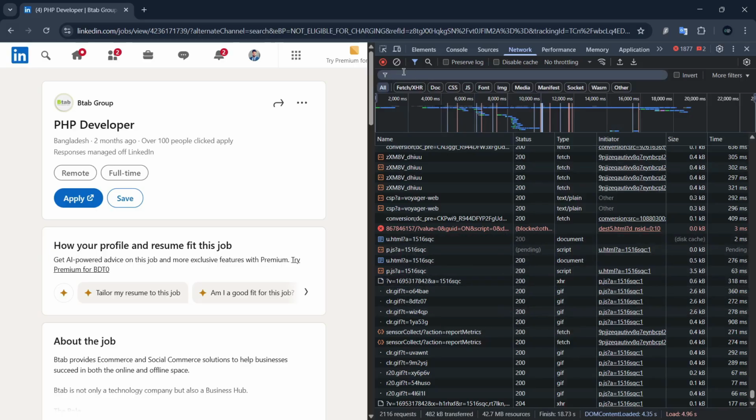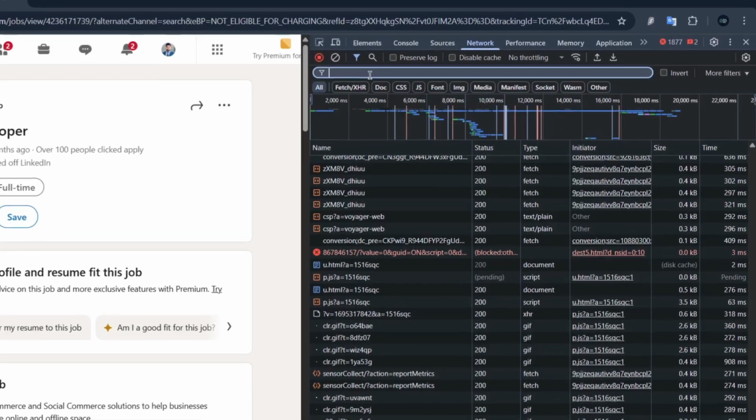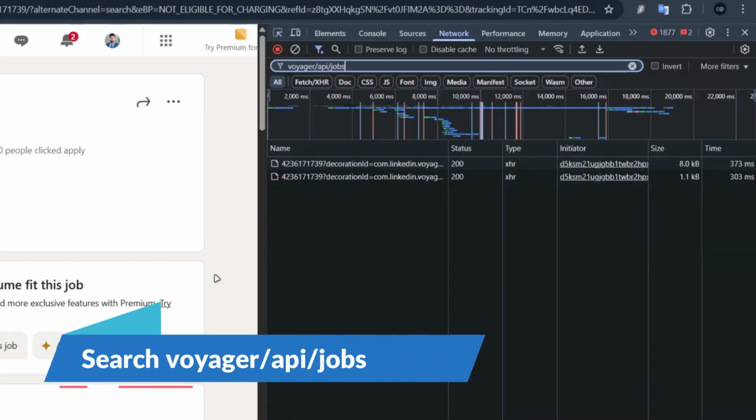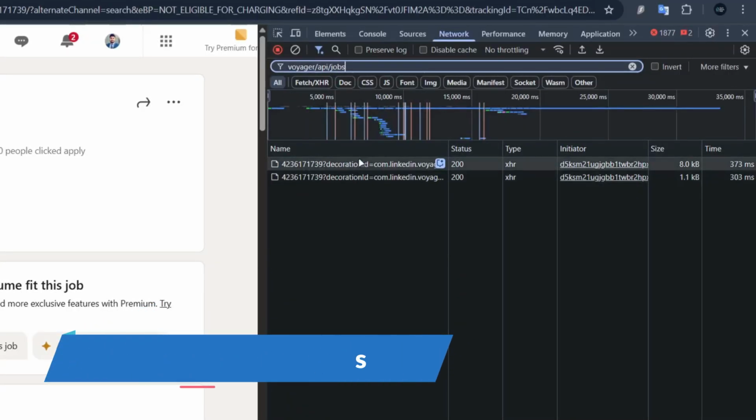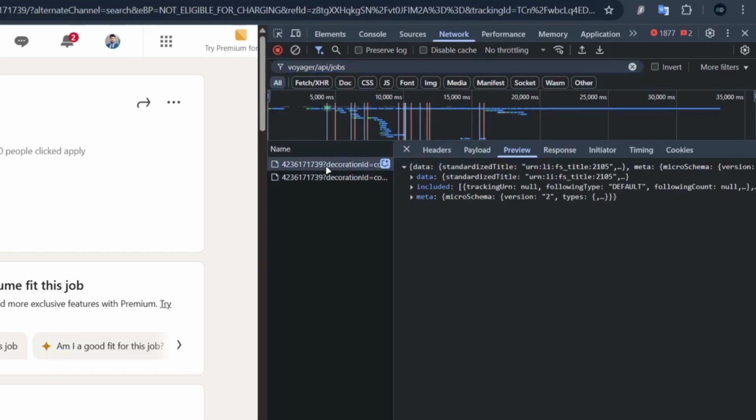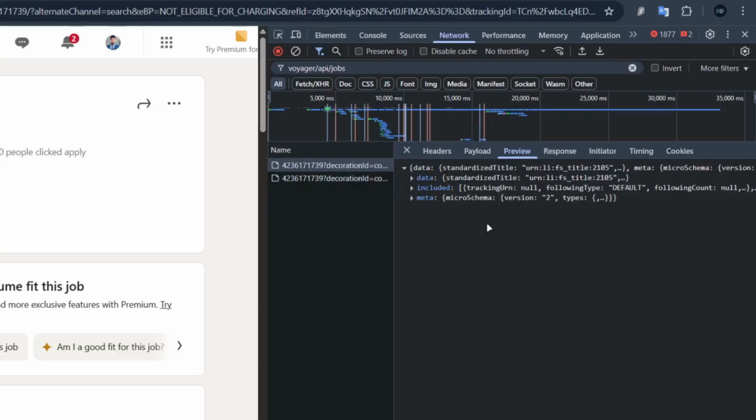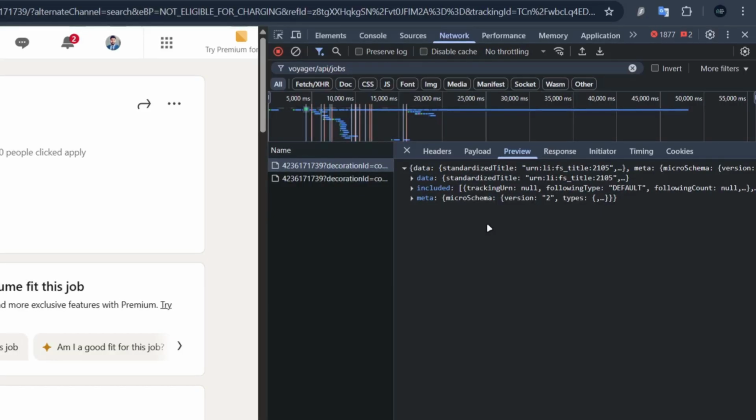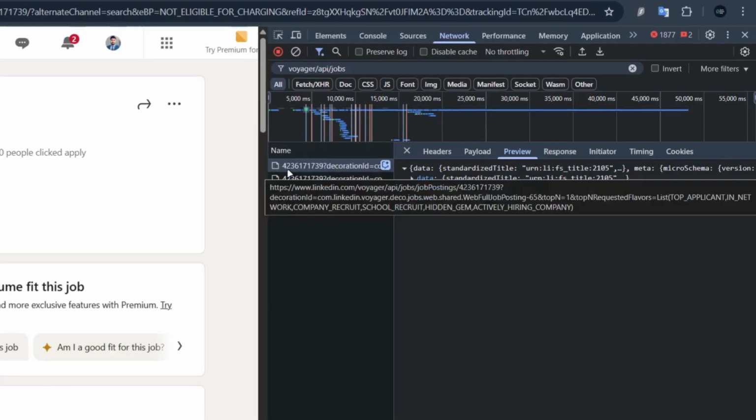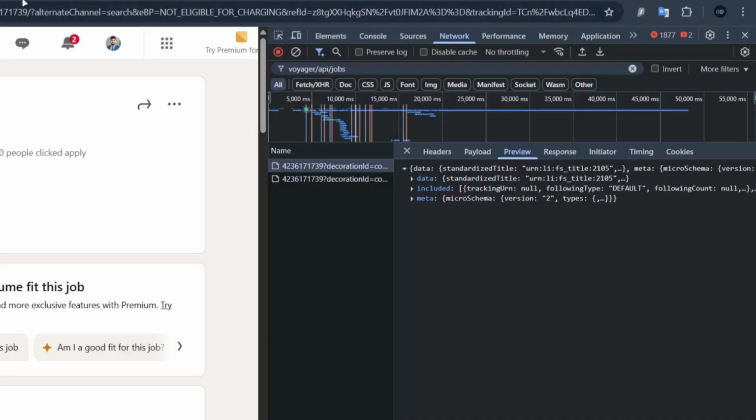Let's click on this filter option and search here for voyager API jobs, and you can see here two links. The above one, which includes data include meta, is the right one, and the second one is data meta. Okay, the first one is your correct API, and you need to